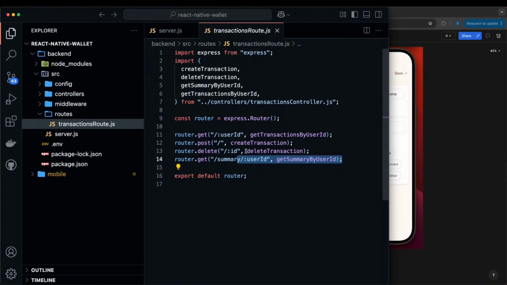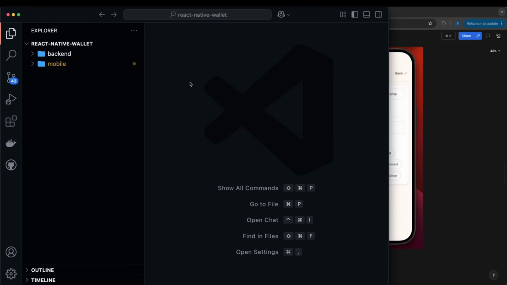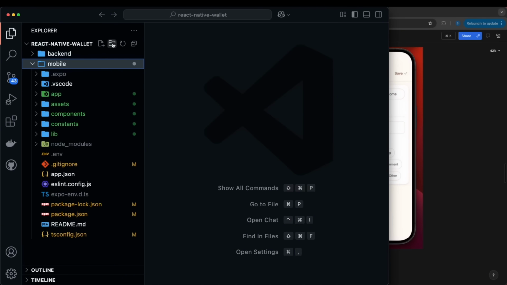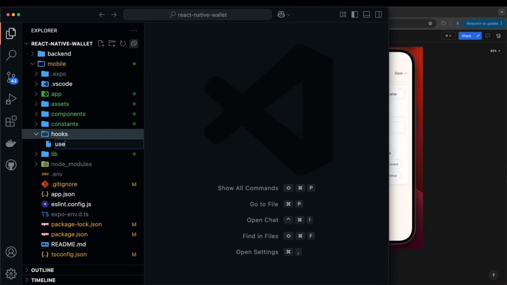And if we want to delete one, we need to pass the transaction ID that we would like to delete, right? Okay, so let's keep this in mind and try to build those functions. Now for this, I will create a hooks folder, and we are going to create a custom hook called